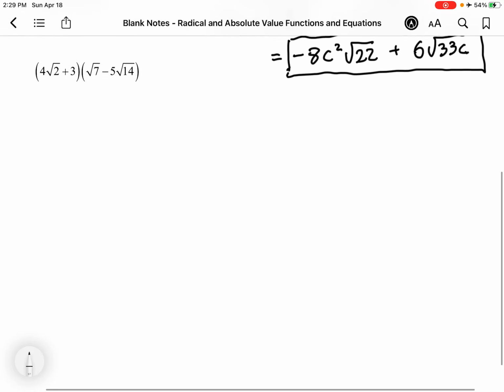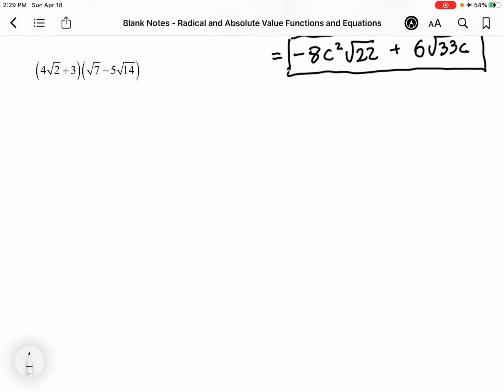Okay, and then finally, here we're multiplying, this is almost set up as if we were multiplying two binomials together, right? So this is the same sort of idea. I have to start out with the first radical and multiply that by both radicals in the second bracket. So I'm going to do this distribution, distribute the multiplication of the 4 root 2 into both of these radicals,